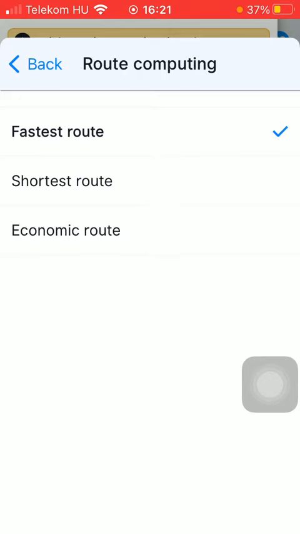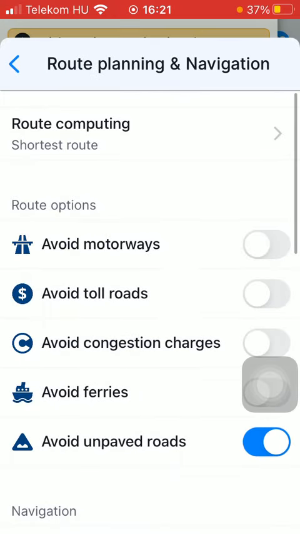And as you can see, you have three options to choose from: fastest, shortest or economic route. So click on the relevant one. And as you can see, a checkmark icon appears on the right side of the screen, meaning that this option has been selected. So feel free to change it anytime by tapping on the other one, and then just simply tap on the back button at the top and it will be